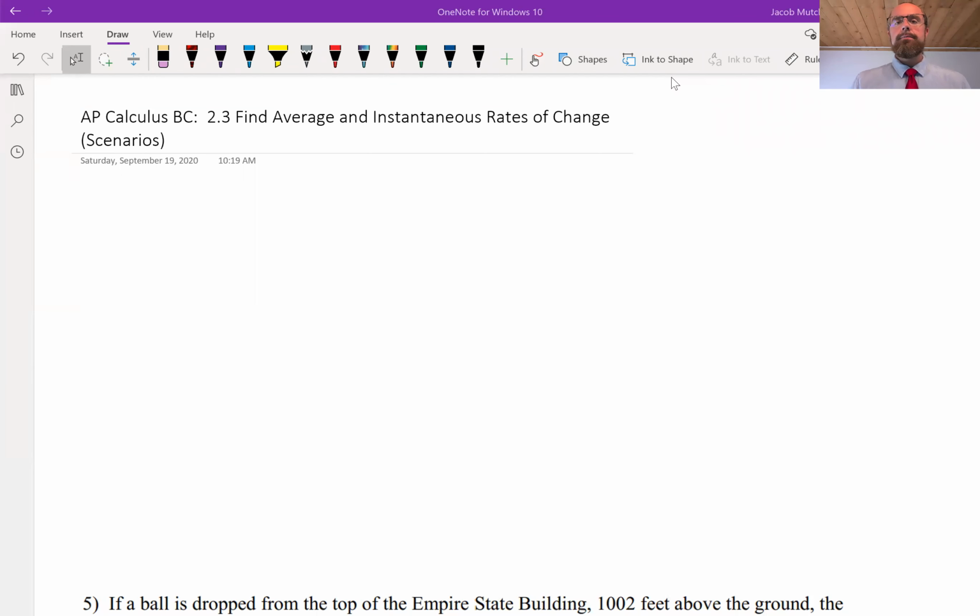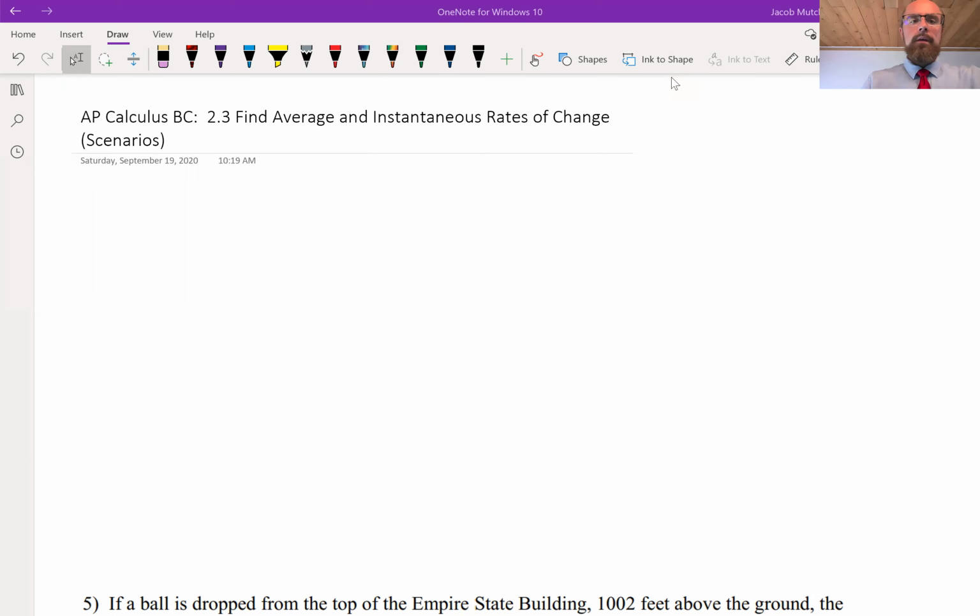Welcome to Calculus. Today we will investigate application of average rates of change and instantaneous rates of change to a free fall scenario, focusing on finding various time and velocity values within the parameters of the scenario. We've been working on finding average rates of change and instantaneous rates of change for abstract functions. And at this time, we need to look and see how this connects to free fall situations in the real